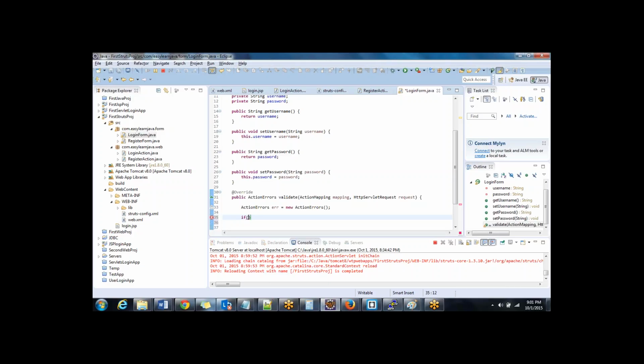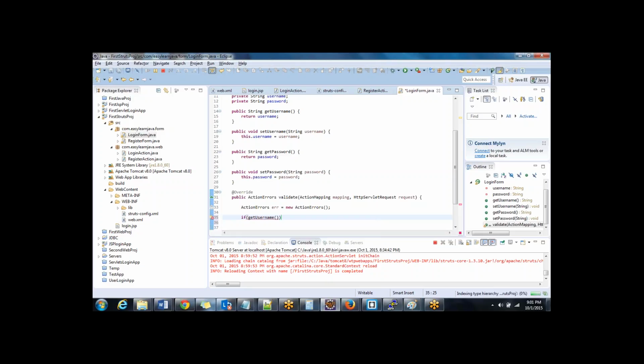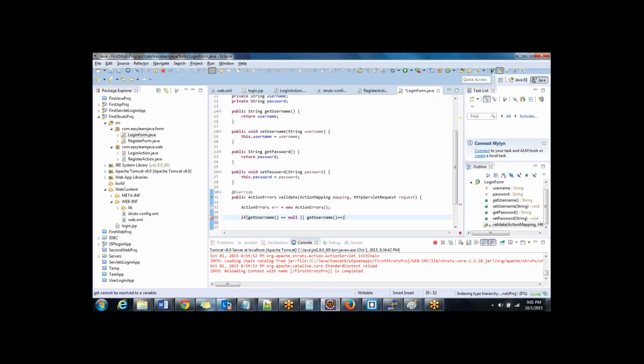So if I say get username, I will get the username. I need not go back and do request dot get attribute of uname, something like that. I need not do that. Since the data is already bound to these properties by the Struts framework, I can just directly say get username. So if the get username is equal to null, or get username is equal to blank or empty,